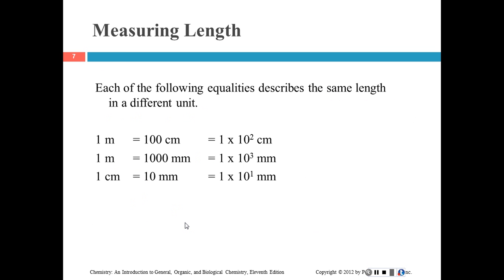So when we're measuring these things, this helps us a lot. When we're measuring length, we can use meters, centimeters, and millimeters. You're going to be using this in one of the lab exercises where you use a meter stick to measure something, and you'll see that the meter stick is divided into centimeters, and then the centimeters are divided into millimeters, because there are 100 centimeters in a meter. So you'll see 100 centimeters on the meter stick, and then you'll see 1, 2, 3, 4, that's the centimeters, and in between there's 10 millimeters for every centimeter. So you'll be able to count the numbers in between each centimeter